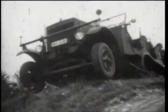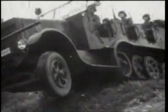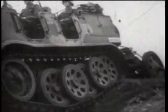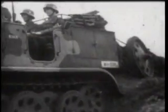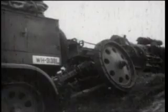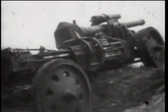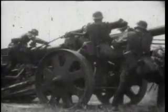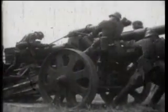The backbone of the German medium artillery formations throughout the war was the 15cm Schwer field howitzer, or SFH-18. It was developed and produced in parallel with the heavy 10cm cannon, which employed the same carriage but is distinguishable by its shorter barrel. Both weapons were developed by Rheinmetall and Krupp in the late 1920s for the Reichswehr and entered service in the period